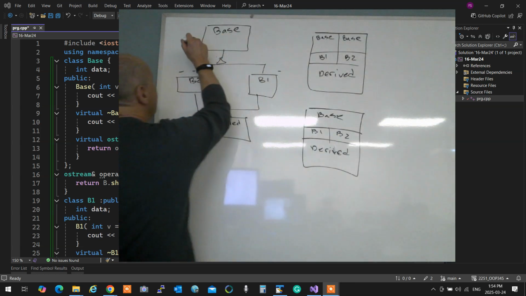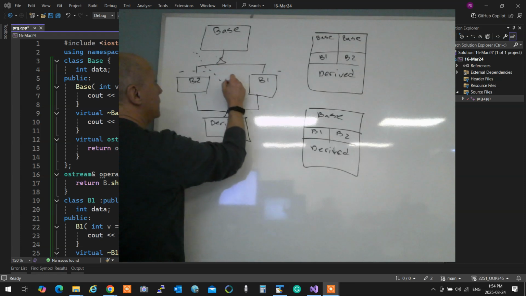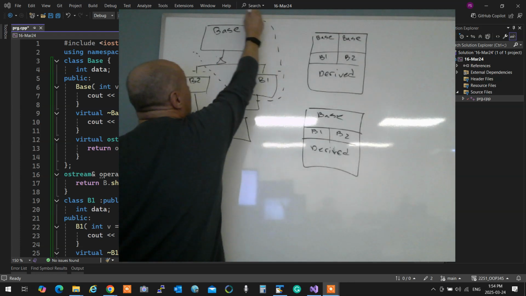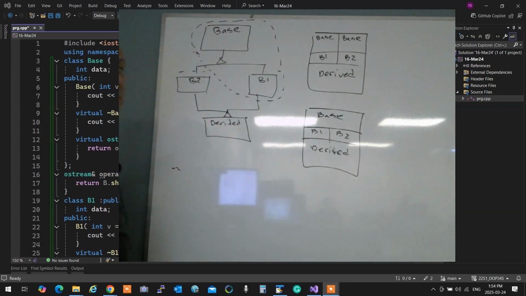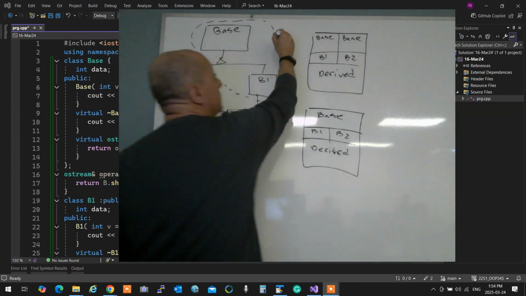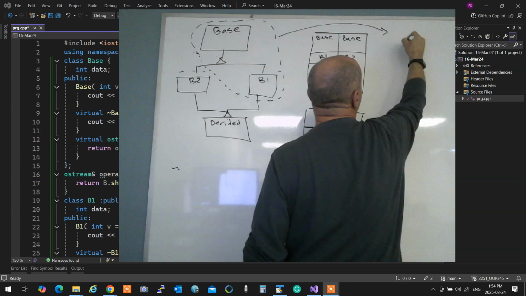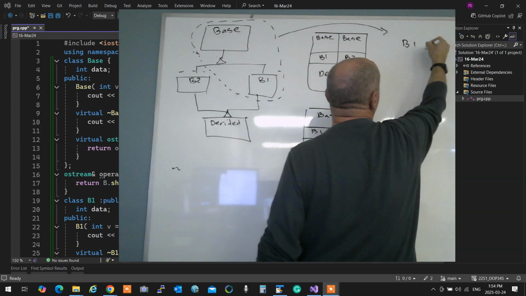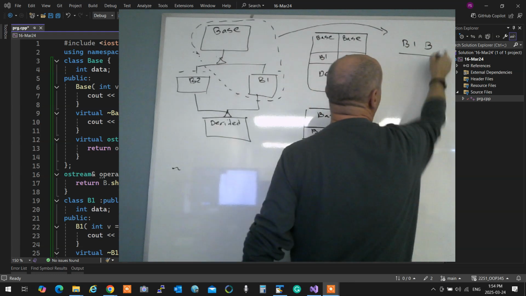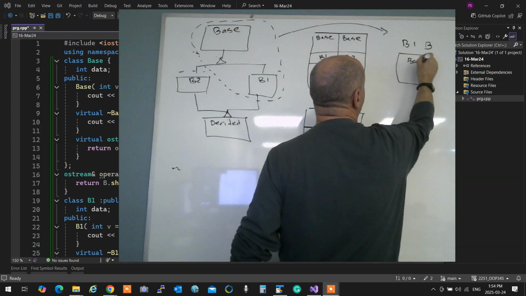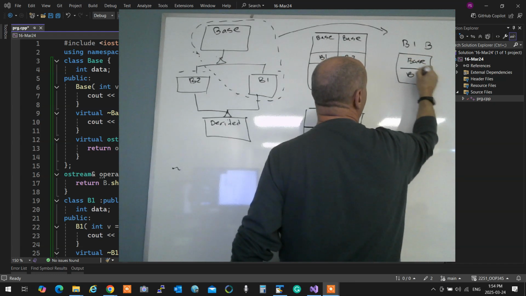If I only had this part, if I created B1, what I would have would be base and B1, correct?